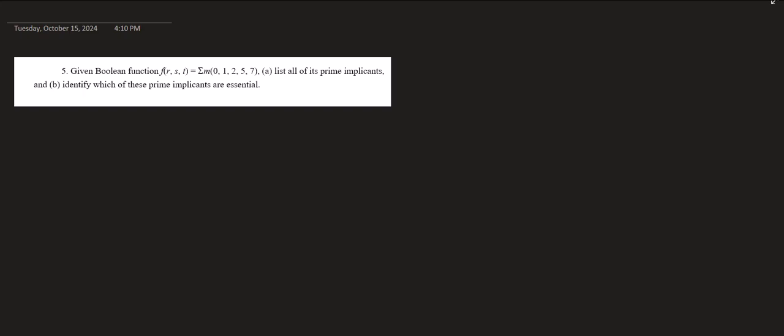So here we have a Boolean function with 3 variables, and we have its list of min terms, and we're supposed to list all of its prime implicants and identify which of these prime implicants are essential. So the first thing we want to do is make a K-map, a 3-variable K-map,